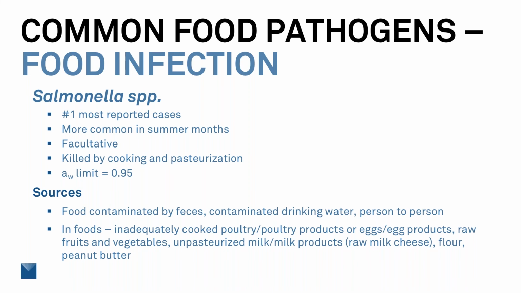So for flour, how it could be contaminated is it could be contaminated at the processing facility if it's not kept clean, or there was something else there to infect it with Salmonella, or it could be in the field. You could be growing the wheat and if, say, the fertilizer was contaminated with Salmonella or something like that, then it can even be on the grain before it's come into process.